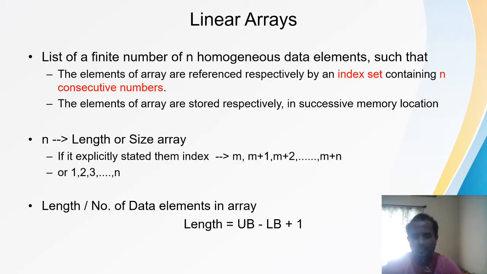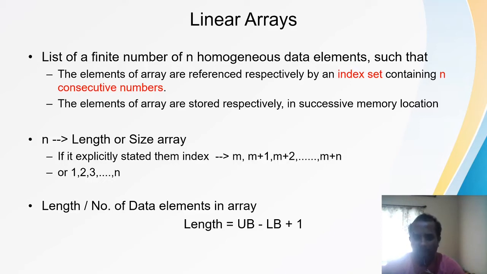Linear arrays. Linear arrays are a finite number of n homogeneous data elements. As we already know, it is a collection of n homogeneous elements. What do you mean by homogeneous? It is a collection of the same type of data elements. That is a linear array. But when it comes to the linear array, you should have certain conditions. The first one is